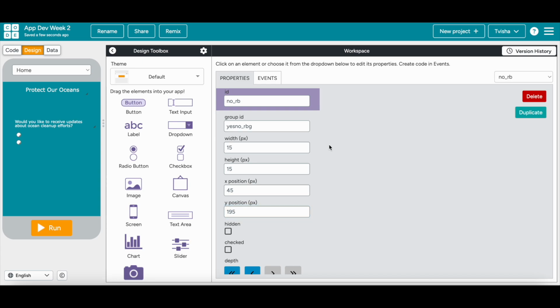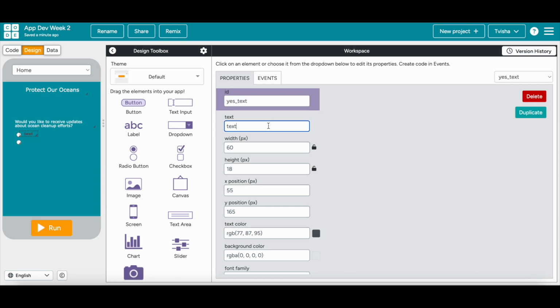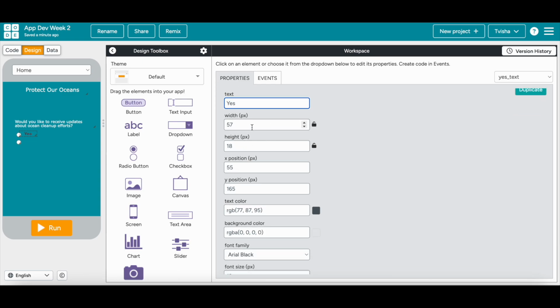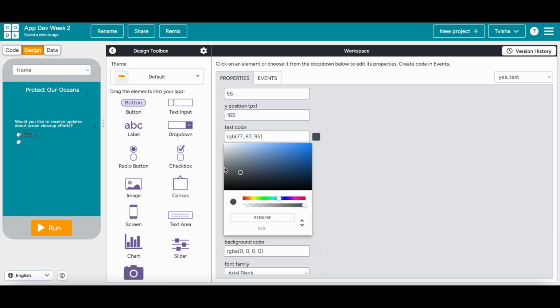Let's label each radio button so the user knows which one is the yes and no button. Place one for the yes button. Make the ID yes_text. Change the text to yes. Keep the width at 57 and the height at 18. Let's make the text color white